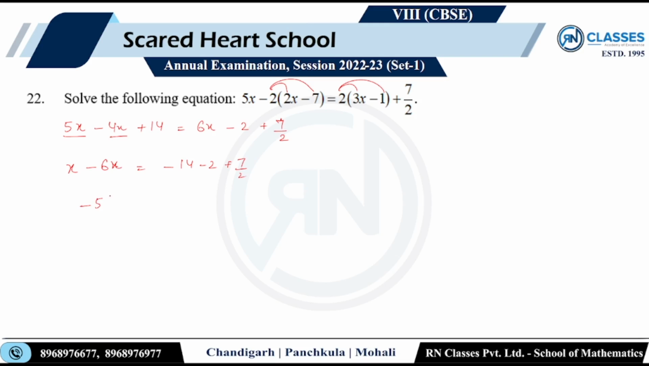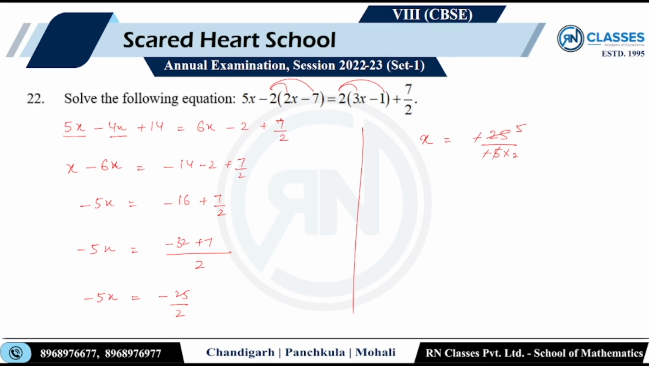So this would be minus 5x, which is equal to minus 16 plus 7 by 2. So LCM ले लेंगे हम 2 minus 32 plus 7. यहाँ पे of course it will be minus 5x. So 32 minus 7, that would be 25. Minus 5x is equal to minus 25 by 2, and simply we can solve it. X value is minus 25 by minus 5 into 2. वो नीचे आ गया, minus into minus cancel, 5 5 is 25, x is equal to 5 by 2, the answer।